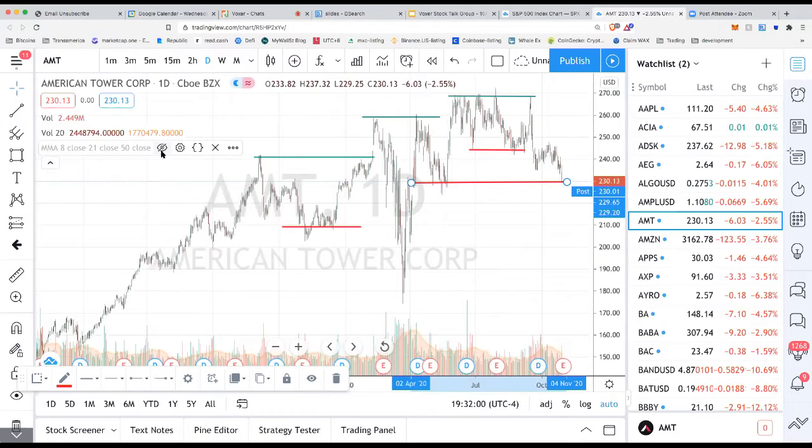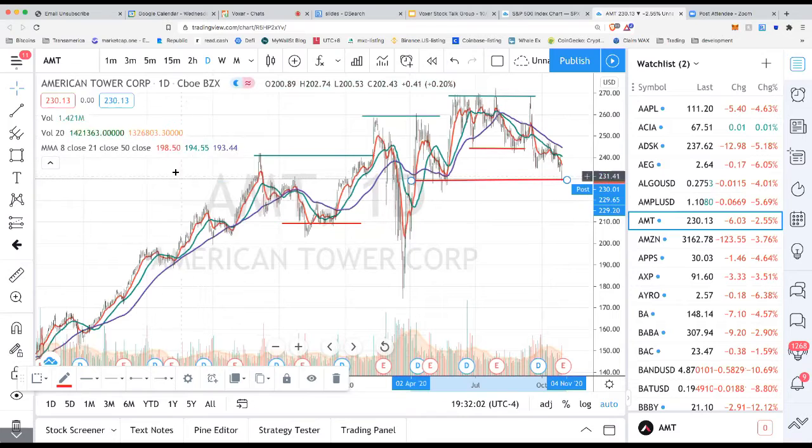Now I know Dwayne is definitely a fan of moving averages. So I just clicked on moving averages here on this chart. And so you see a red, a green, and a purple. The red represents an 8-day moving average, green is a 21-day moving average, and then the purple is a 50-day moving